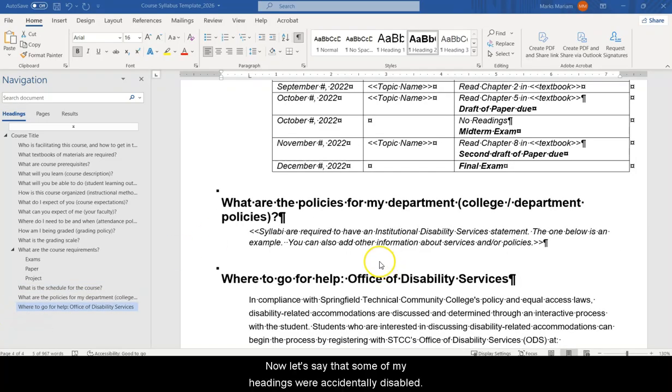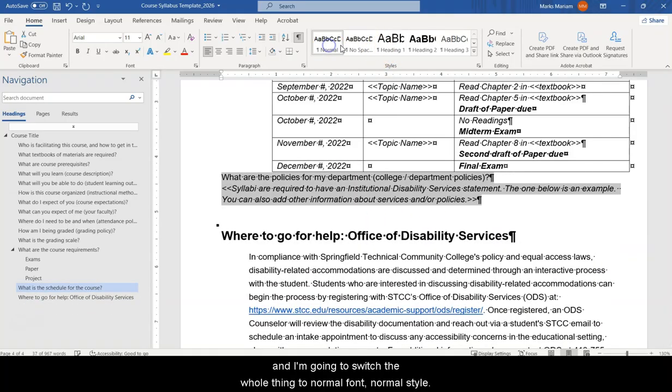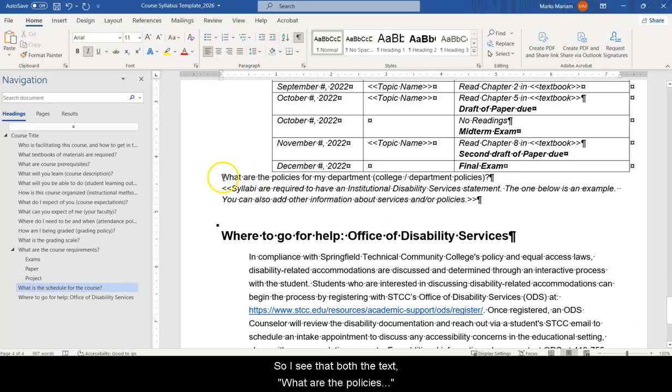Now let's say that some of my headings were accidentally disabled. So for example, let's say I'm going to take this section of text, what are policies for my department, and I'm going to switch the whole thing to normal font, normal style. So I see that both the text, what are the policies, and the placeholder text underneath it is no longer a heading. If I need to switch that back to a heading, the first thing to make sure is that